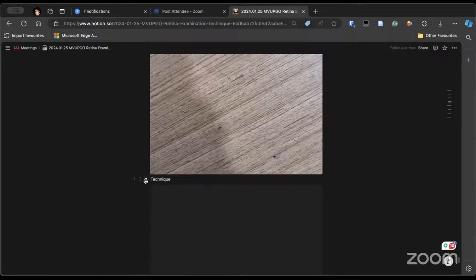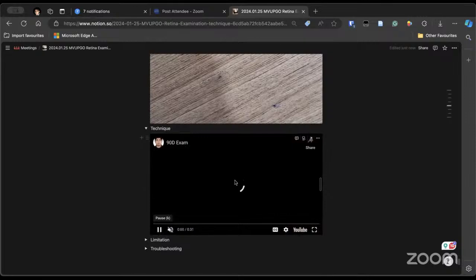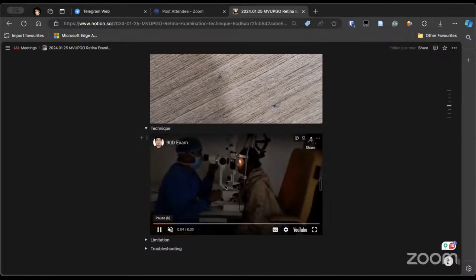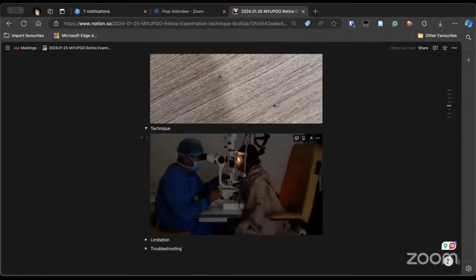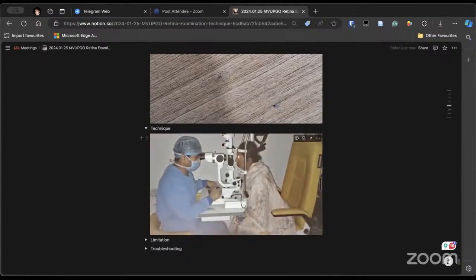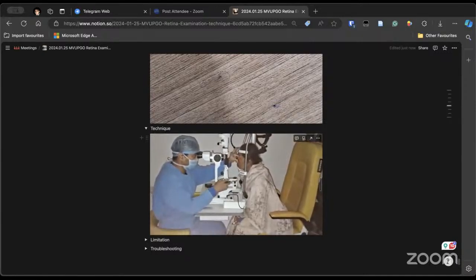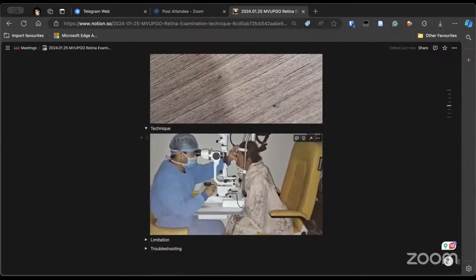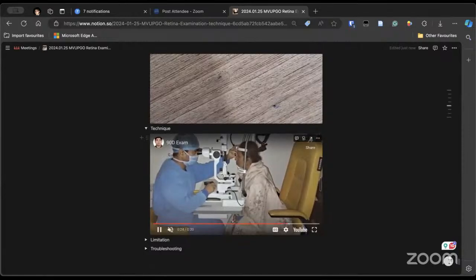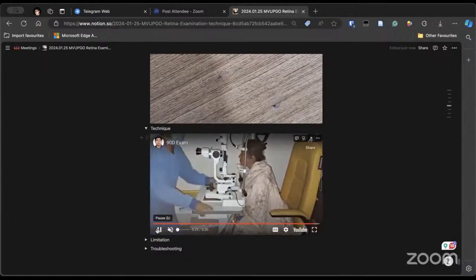So the technique, I think everybody is doing. Obviously, greet the patient, sanitize your hands, then ensure that the patient is seated comfortably. Then you have to examine the anterior segment first, so that you know whether there is an opacity or not. It can take a little time, but it is a good practice before 90D, and in examination also, you just have a look at the anterior segment and then start. Then you bring the illumination to the center so that the light is there, and you examine.